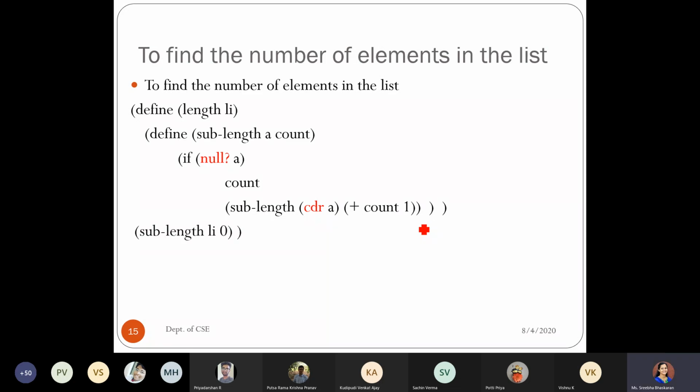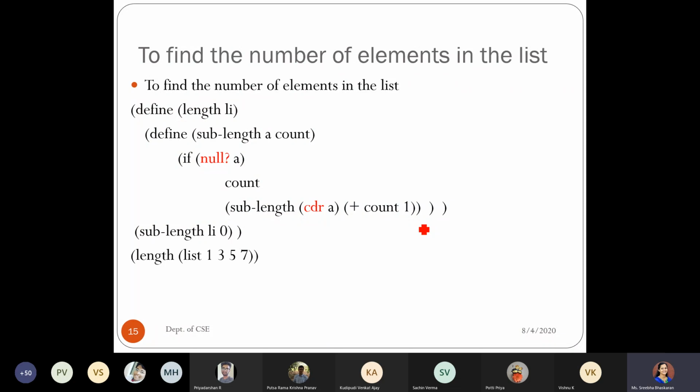Before I close the length procedure, I have to call the sublength procedure. When I'm calling the sublength procedure, the value I have to pass is whatever is my list contents, so that will be passed to the variable A. Along with this, I'm initializing the count to be 0, and then closing this length procedure. So the sublength procedure can be accessed only from this length procedure.